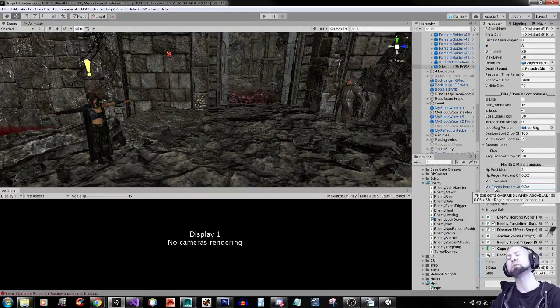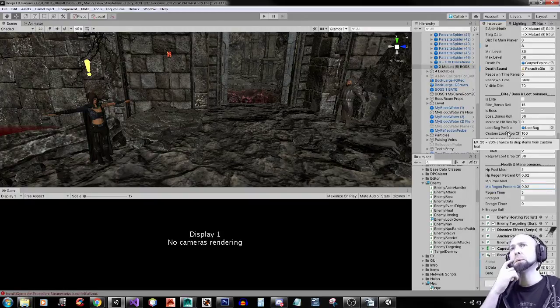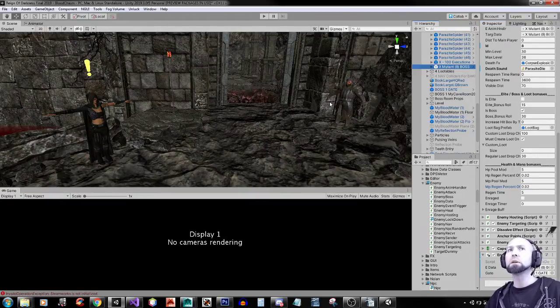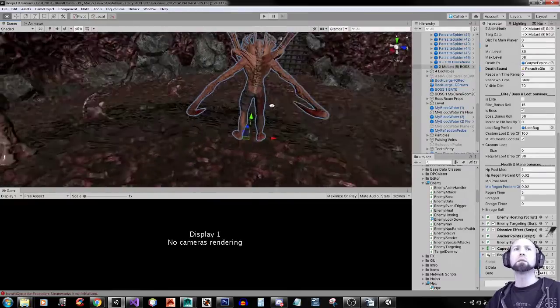I really gotta think through that math. I mean, it should work if it's all percentages. The boss's mana should be easy to figure out. I don't know what's going on. Alright, this guy at the frame, and...